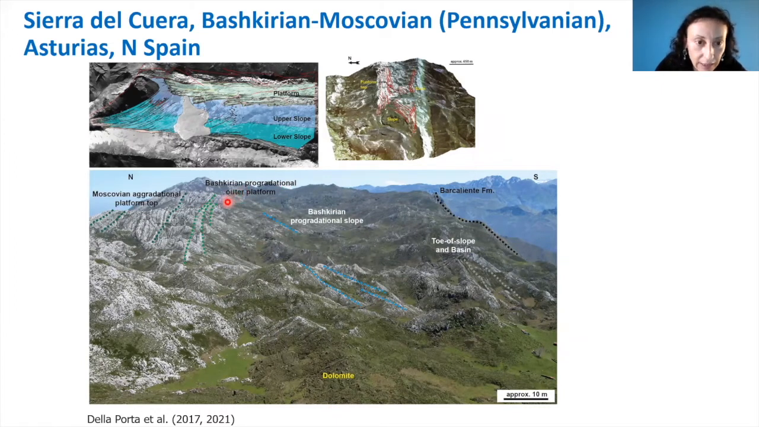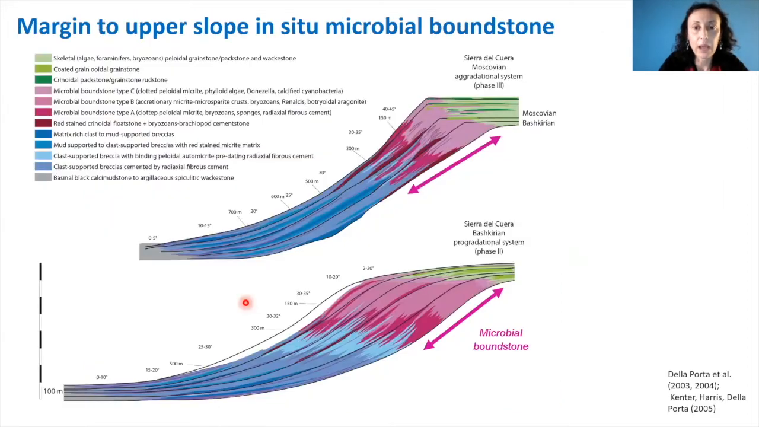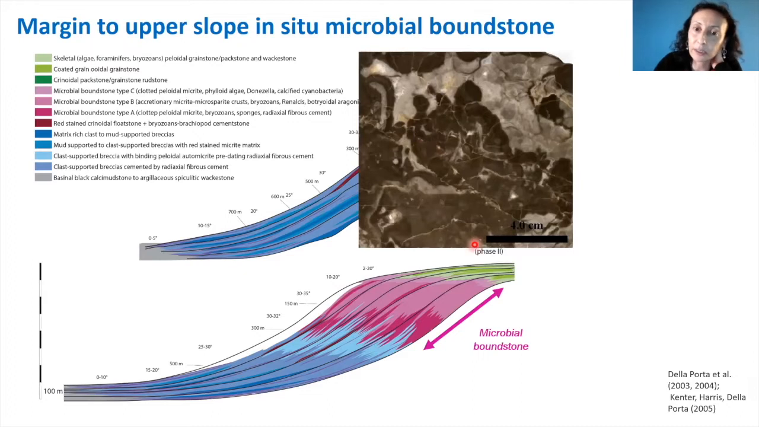And here, in this point, we see the transition from the outer platform, slightly dipping towards the basin, and the upper slope dominated by microbial boundstone. As represented again in this diagram, all the microbial boundstone are this pink and purple area, and they consist mostly of this clotted peloidal micrite forming this centimeter size accretionary growth form with centimeter size primary voids filled by botryoidal